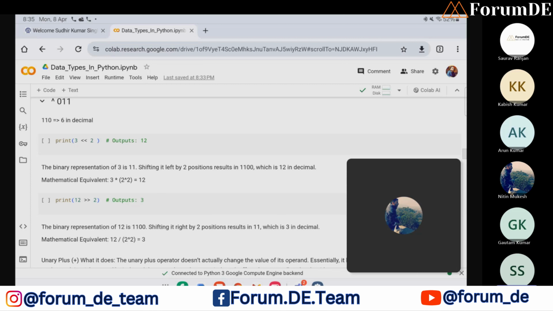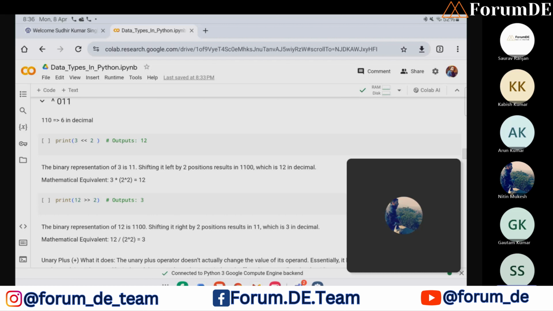In this, if we encounter something like 3 << 2, then we must know that we need to perform a left shift. So 3 we need to convert to binary. The binary of 3 is 11. And then this 2 means shift to the left by two positions. That means adding 2 zeros to the right of 11. So 11 I have written for 3, and then we'll add two zeros to the right of it, like 1100. Now, to get the final output, we'll convert this 1100 into decimal. So 1100 will give 12 in decimal.